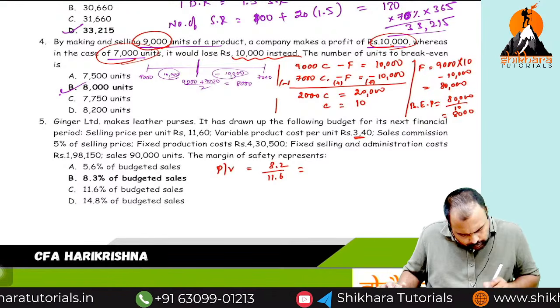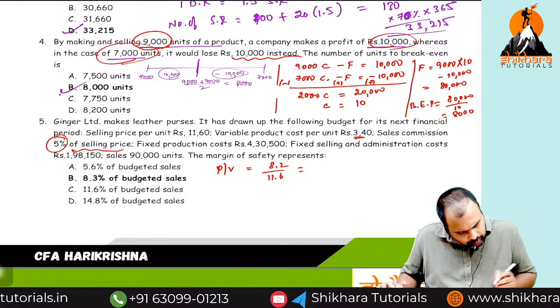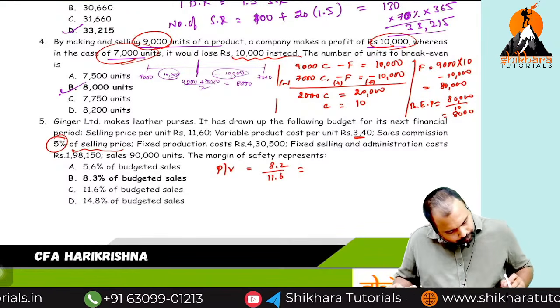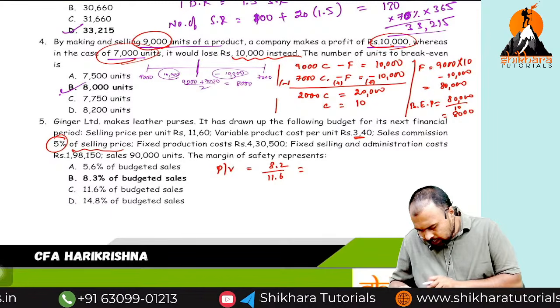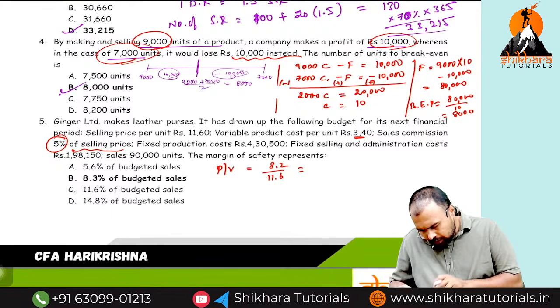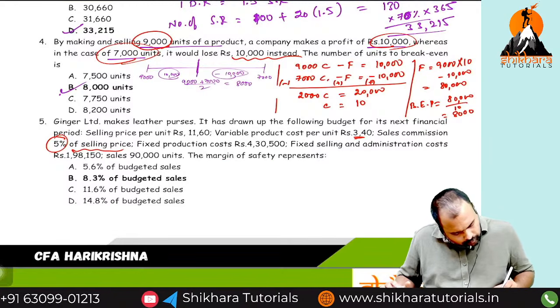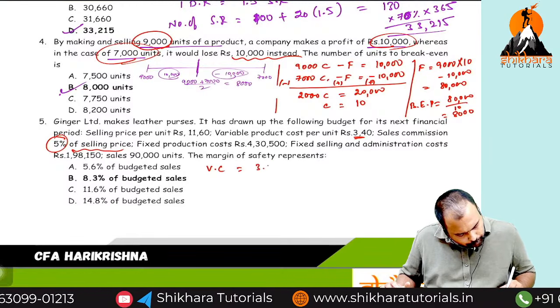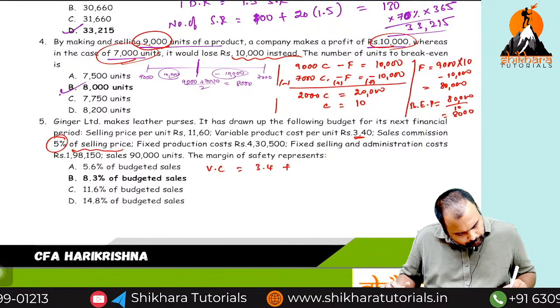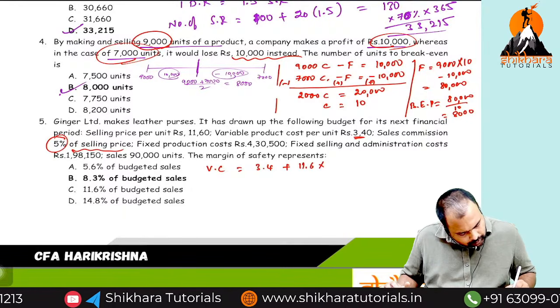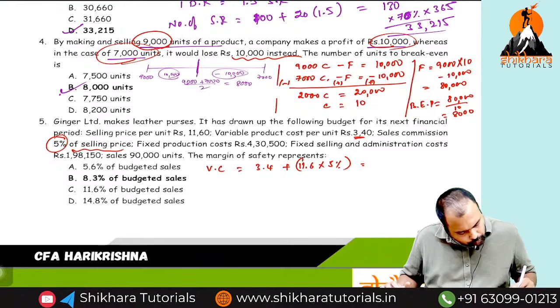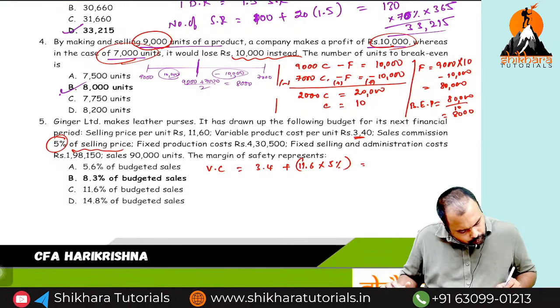Sales commission is 5% of the sales. This is also variable only, sir. Sales commission is 11.6 into 5%, which is 0.58. Variable cost is equal to 3.4 plus 11.6 into 5%. First let's read the full question, sir. Then fixed production cost is